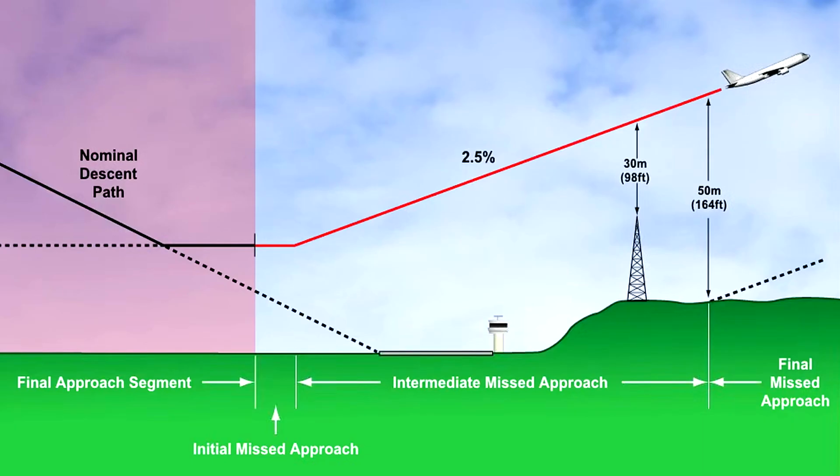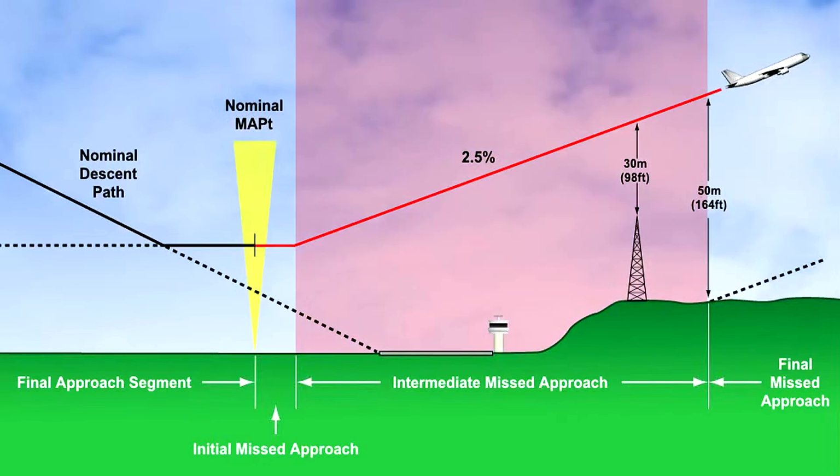For defining the MAPt, there are three phases to the missed approach procedure: initial missed approach, intermediate missed approach, and final missed approach. The initial missed approach begins at the missed approach point and ends where the climb is established. The maneuver in this phase necessitates the attention of the pilot on establishing the climb and the changes in the aeroplane's configuration to prevent further descent. Guidance equipment cannot normally be fully utilized during these maneuvers, and therefore no turns are specified during this phase.